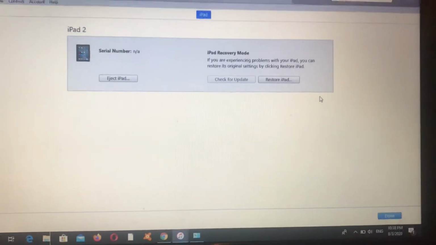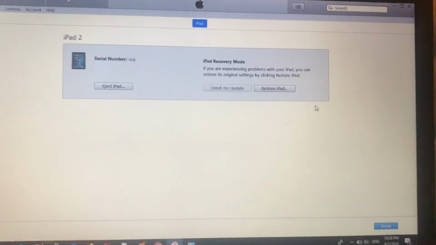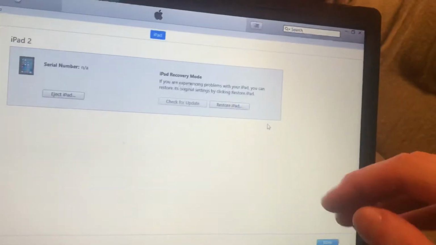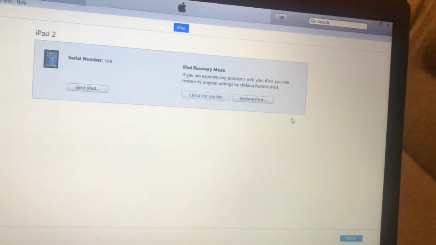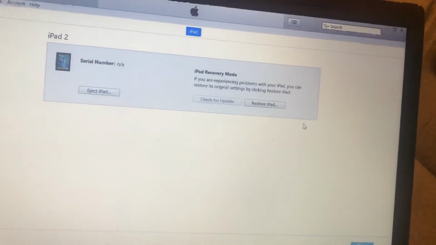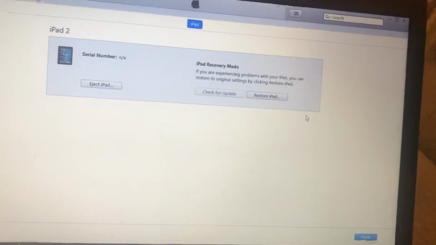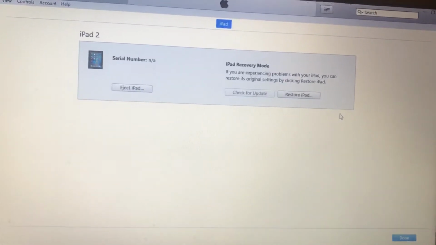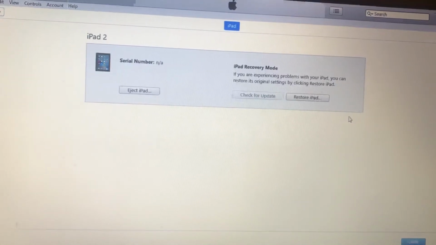So, how you can get into this menu. For doing this, you just need to take your iPad and press the home button and the power button at one time for about 10 seconds. After you hear the sound of connection to the USB, it means that you have successfully gotten into recovery mode,